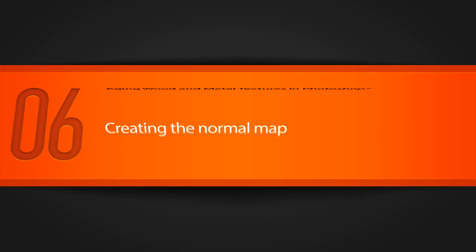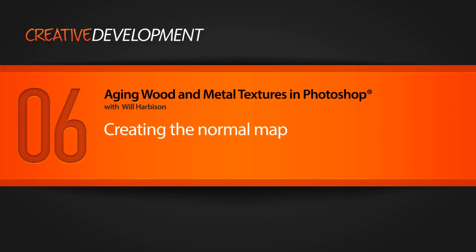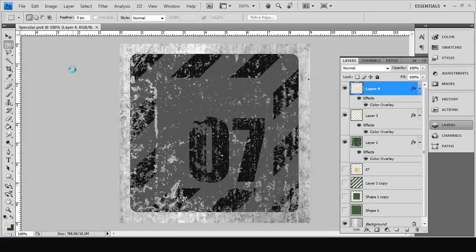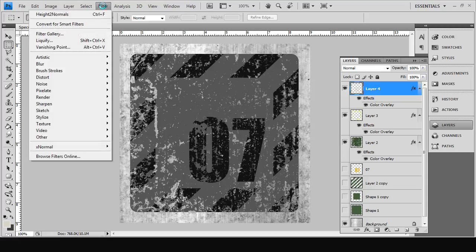In this section, we're going to create our normal map. Now, you can create a normal map in one of a few different ways. You can use a standalone piece of software called Crazy Bump, or you can use some filters for Photoshop. One is the NVIDIA Texture Tools, and the one that I'll be using is the one that comes with XNormal. And when you install XNormal, it creates the filter here,